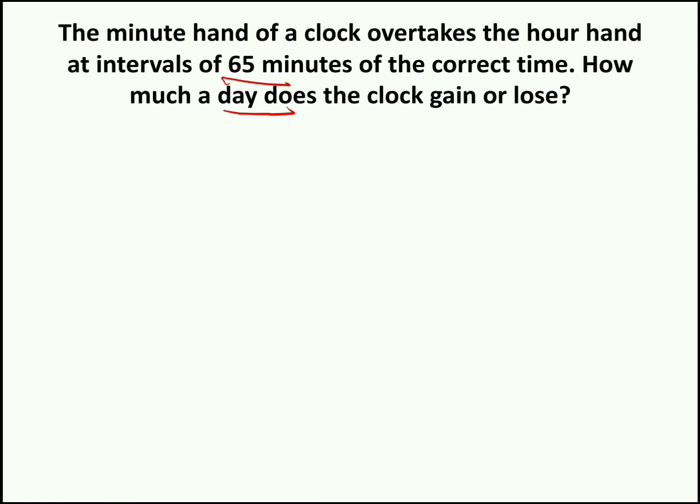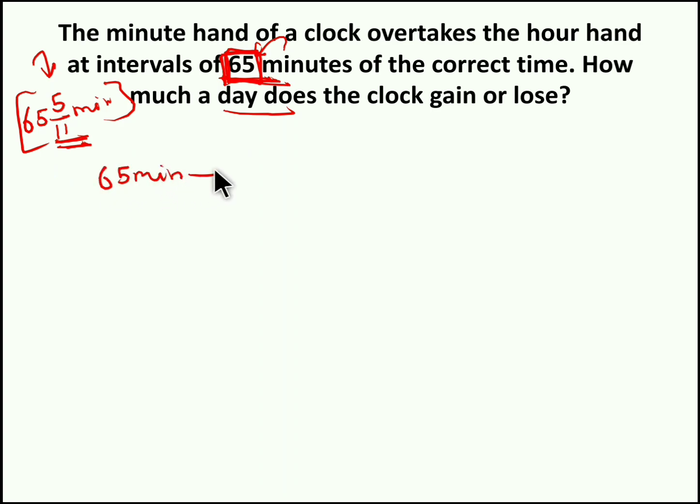We know both the needles of the clock will intersect every 65 5/11 minutes, which we discussed in one of our previous sessions. But here both the needles are intersecting at 65 minutes. So we can say for every 65 minutes the clock is gaining 5/11 minutes, because it has to intersect at 65 5/11 minutes only, but it is intersecting at 65 minutes itself. So this 5/11 minutes is fast, right? At 65 minutes the clock is gaining 5/11 minutes extra.